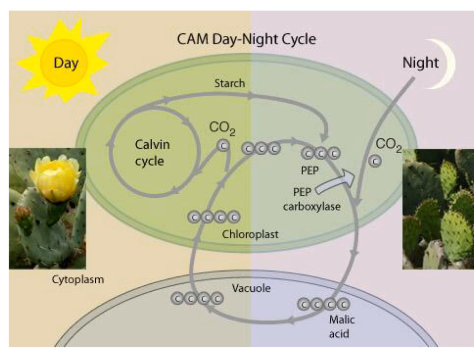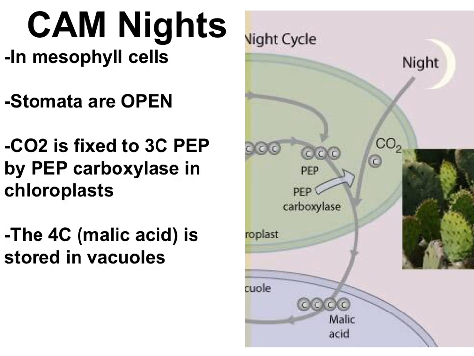This diagram really lays out the CAM strategy nicely. Let's start with the nighttime half. At night, CAM plants open their stomata. Since it's not hot, the CAM plants won't lose as much water as if they had their stomata open during the day. When carbon dioxide comes in those open stomata, the mesophyll cells